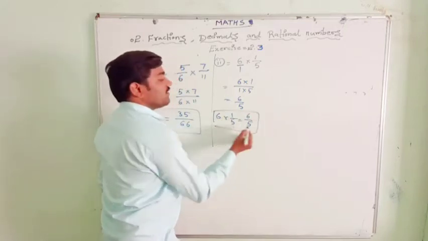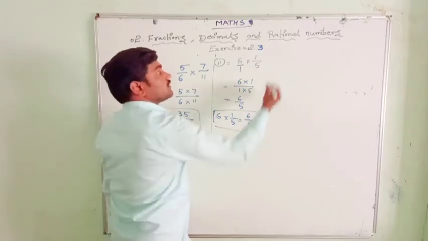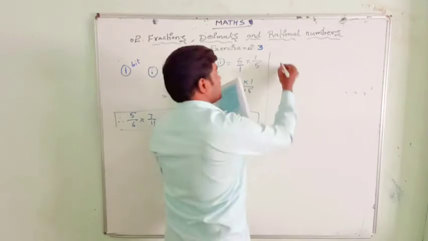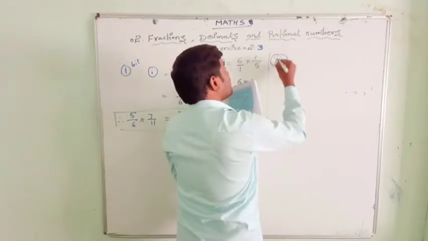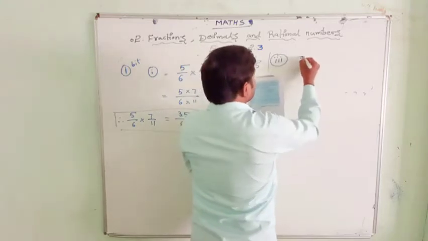This 6 by 5 we can also express in the form of a mixed fraction, but they did not ask us to express the answer as a mixed fraction, so we leave it like that only. But most of the time our answer should be expressed as a mixed fraction. Okay, so